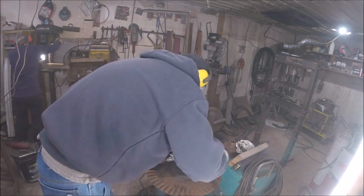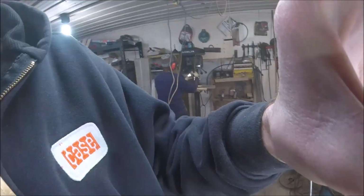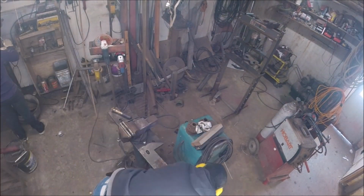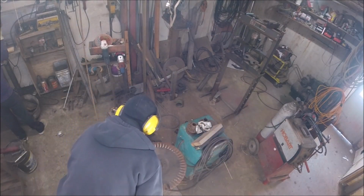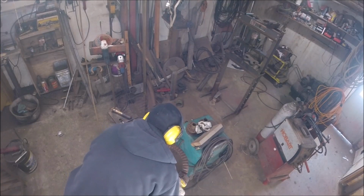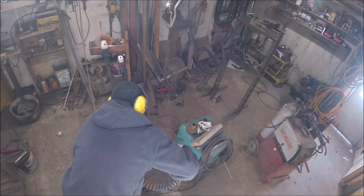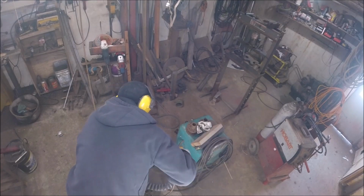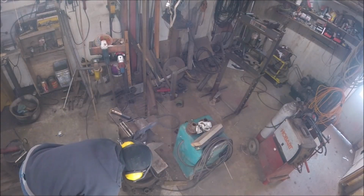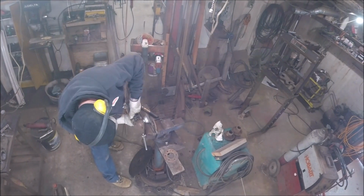One thing I want to note is that in the center of those hubs there is a rubber bushing that the hub rides on with that 1/2 inch bolt. Make sure you don't lose those. Make sure they're intact, and make sure they're still in there when you take them apart and put them back together. And I try to shove a rag inside the center hubs so I don't get paint and gunk in it when I'm painting it up. Hopefully I'll get the new hardware in here in the next few days,